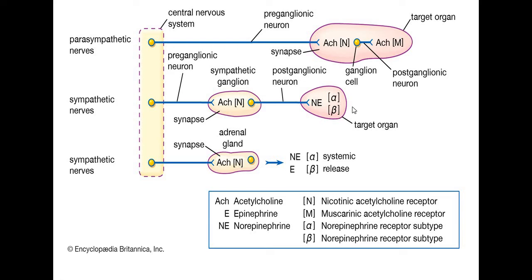But now what is different? The postganglionic. What is it secreting? Noradrenaline. That is, they have adrenergic receptors. The target organs will be having adrenergic receptors. And here when it is reaching the adrenal medulla, my dear friends, as I told you,